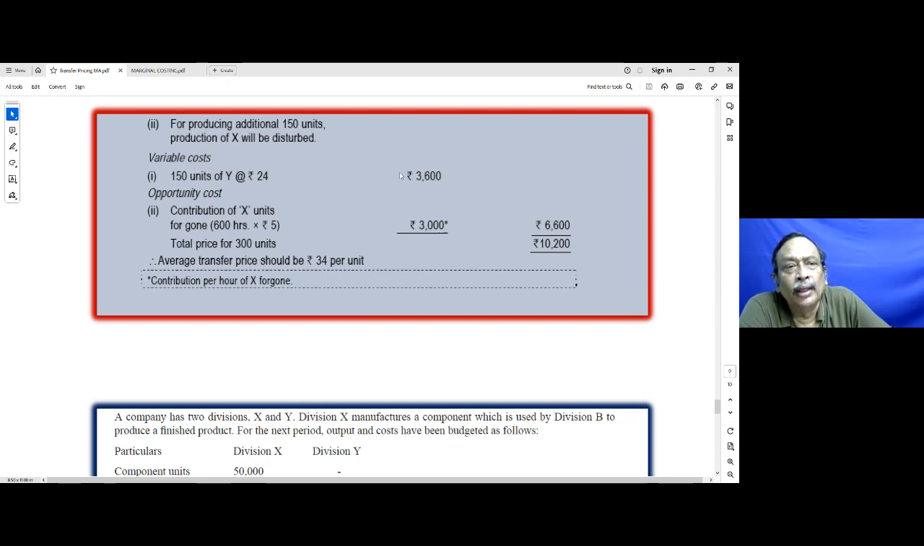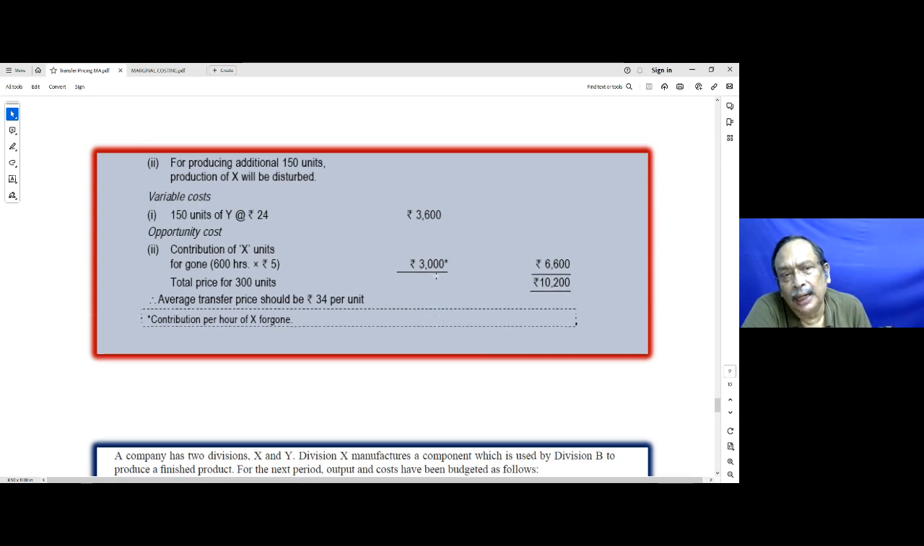Now, you tell me whether you have understood this or not, because I'm just going to make a synopsis. Just a minute. Let me see. Now, what I am saying, if there is a key factor or limiting factor, then we are going to take the key factor or the limiting factor into consideration, and we are going to set out the transfer price accordingly. So in the given case, what we have seen,